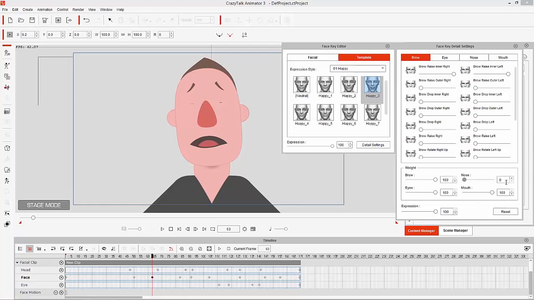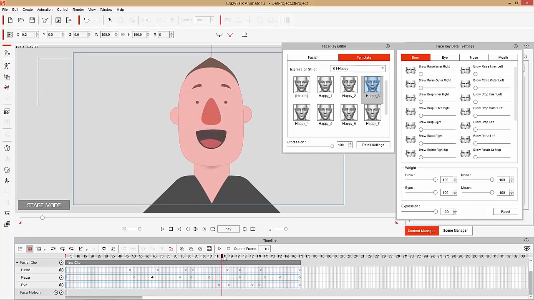And aside from that, you can also do these features individually. So as he was saying pizza, which was what I originally wanted to do here. Pizza. Okay. What I wanted to do is raise the eyebrows a little bit. Okay. So here we can go ahead and choose brow outer raise like this. And we can kind of drop them a little bit. Drop the inner right. So he's kind of just saying pizza. Pizza. Okay. Pizza. Keep in mind that from here to here, it's going to blend back to the original data,